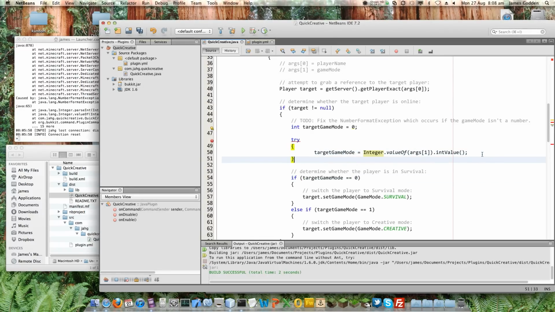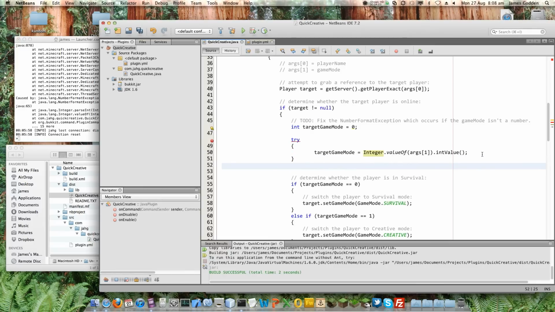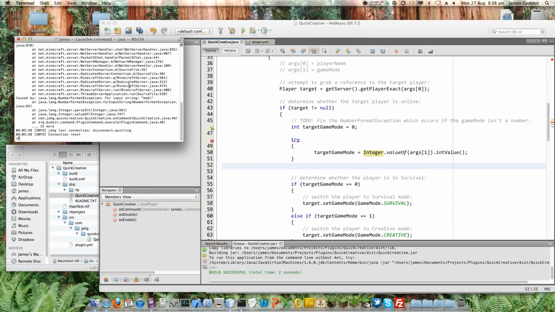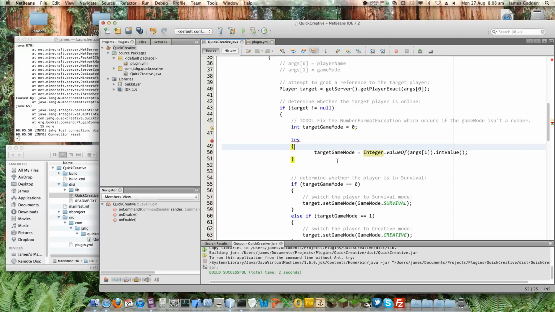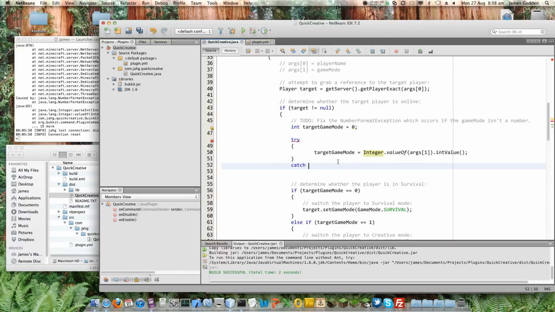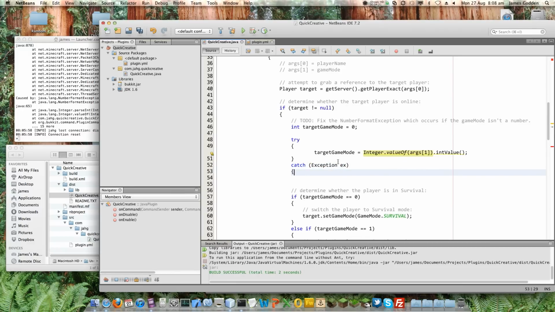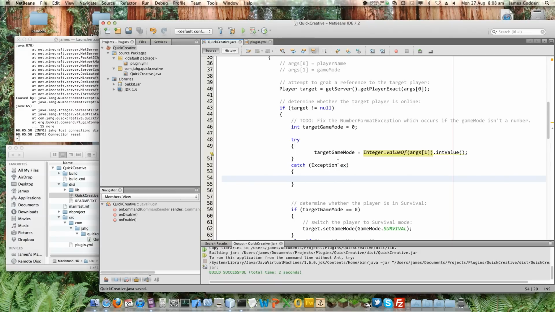If that goes wrong, I want it to stop, or rather, not crash completely, as our plugin already does over here. You can see the output from that. So instead of crashing completely, I want it to try and run that line of code and catch any exception that has occurred. You've noticed that all these errors are called exceptions. So it's called exception handling, what we're doing here.